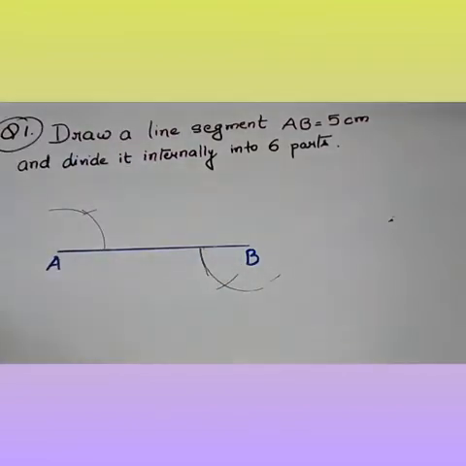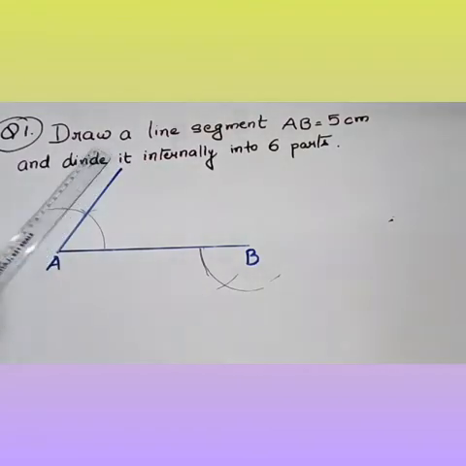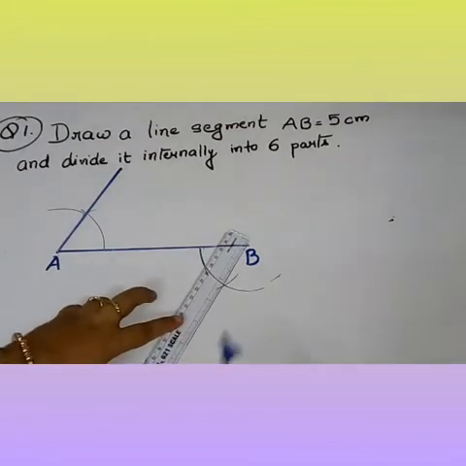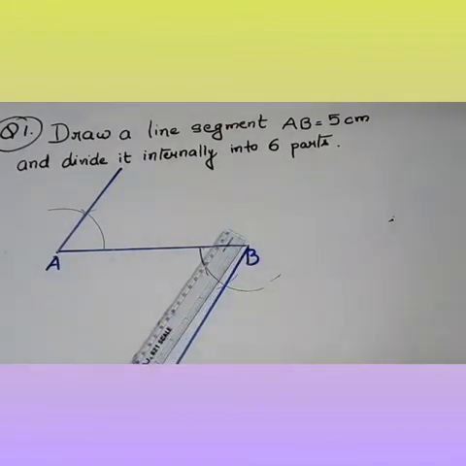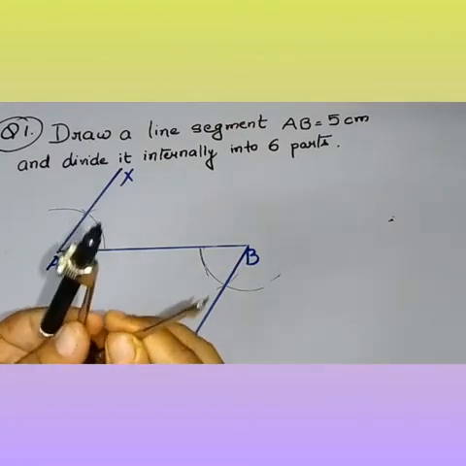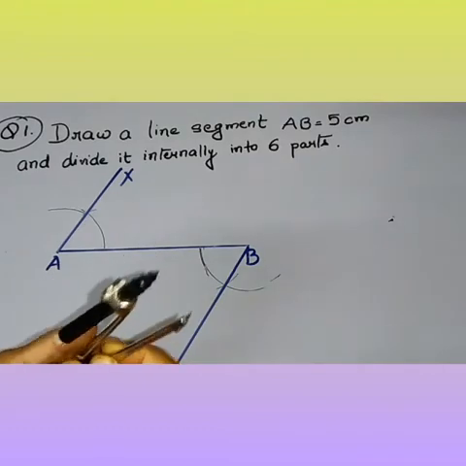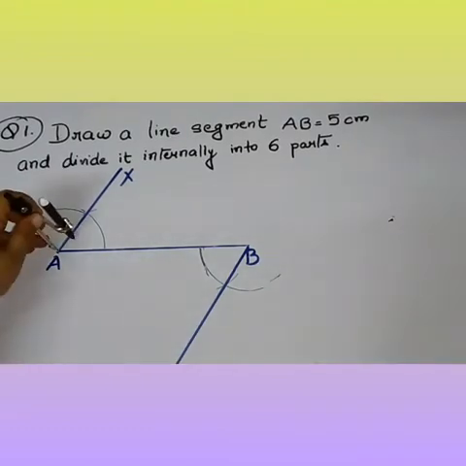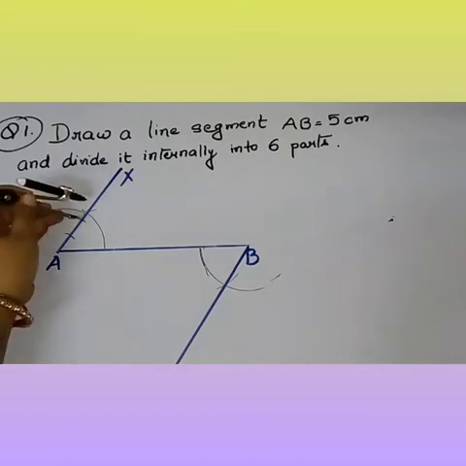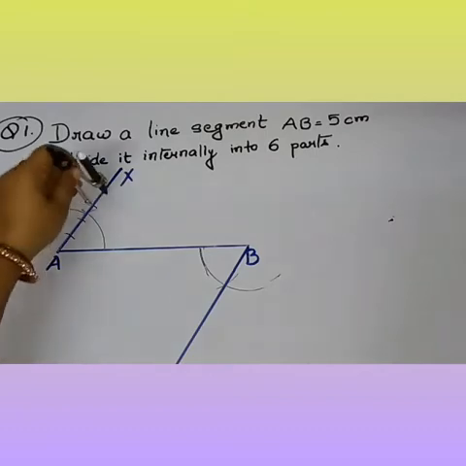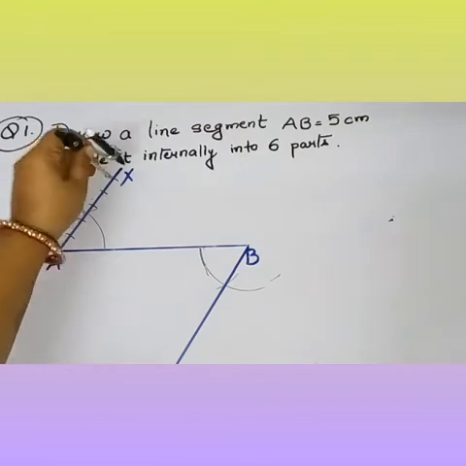Now this is an angle of 60 degree. And let's divide these line segments into 6 equal parts. Let us divide AX and BY into 6 equal parts. So we have to divide it with an equal measure, so adjust it according to your wish. And 6 small cuts: 1, 2, 3, 4, 5, and the last one, that is 6.